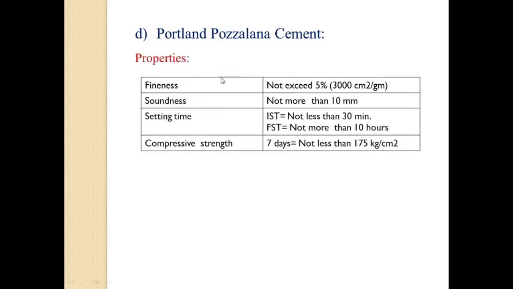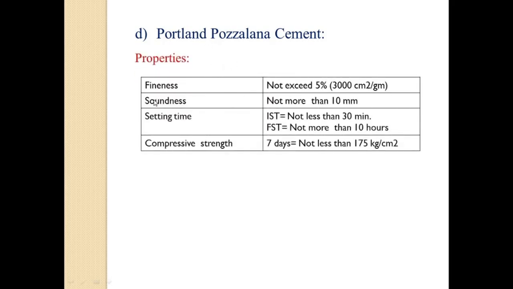It also improves the water tightness and fire resistance qualities of the concrete, and it is cheaper than ordinary Portland cement. It helps to reduce the alkali aggregate reaction also, where it is encountered, that is, it reacts with the free lime in the concrete which is otherwise harmful, and it also provides the concrete better workability. So let us see what the properties of this Portland pozzolana cement are.